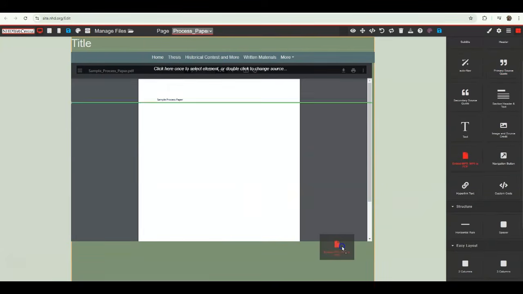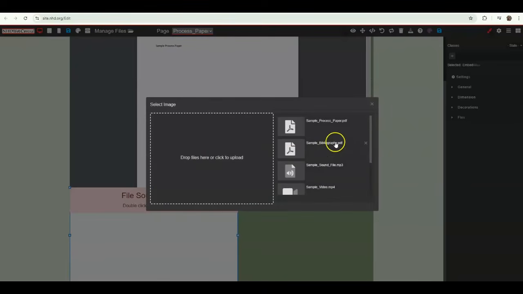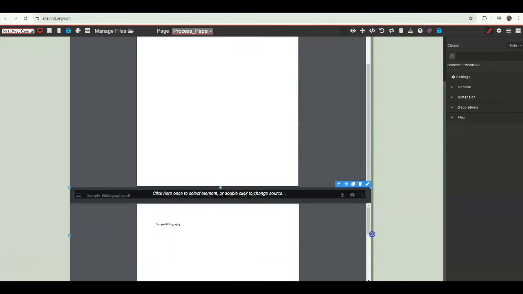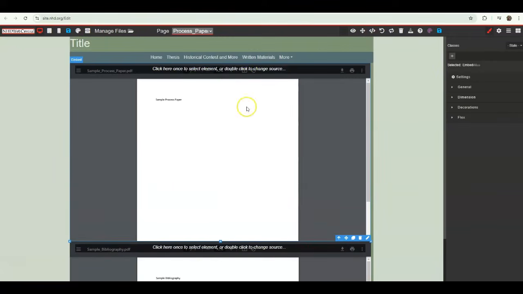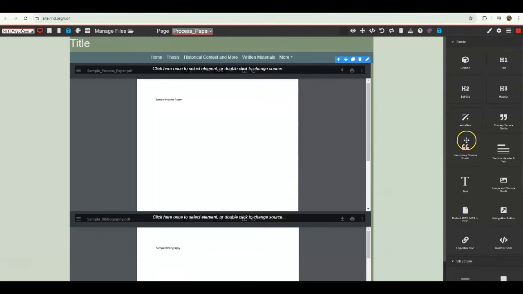So I'm going to go back here, drag and drop the embed PDF, double click, insert my bibliography, and then I can adjust by making it longer. I can make it larger up and down. I can also choose to make my process paper smaller if I would like to. And if I want to add some space in between the two, I can always drag and drop in a